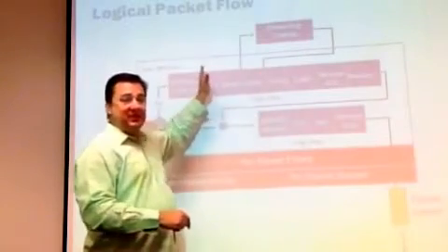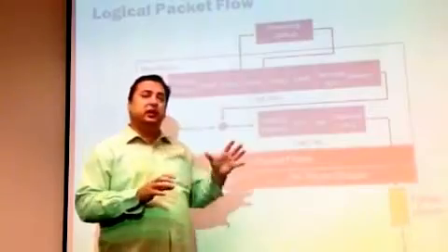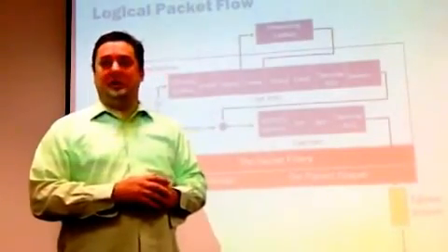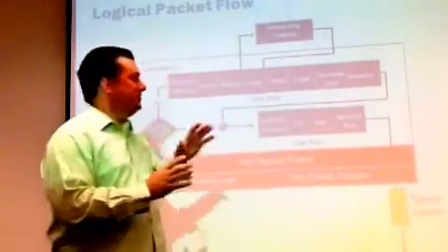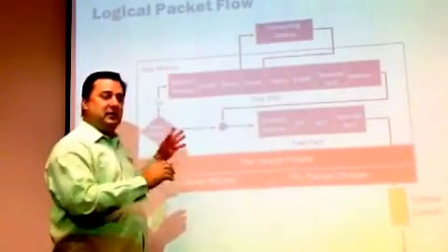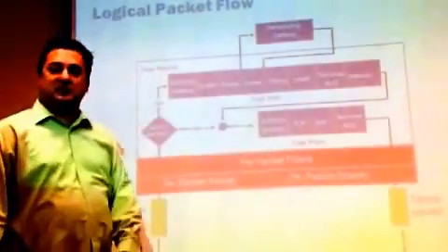We know that the path exists. Now let's look and see if we have a policy for it. And it's crucial for you to understand how the traffic flows in order to be able to do that troubleshooting, which I'm sure you want to learn from this class. So keep this picture in mind, if you can. This is probably the most important screen you're going to get out of this particular chapter. And let's jump into chapter 3. And we're going to start off right at the beginning with our session options.